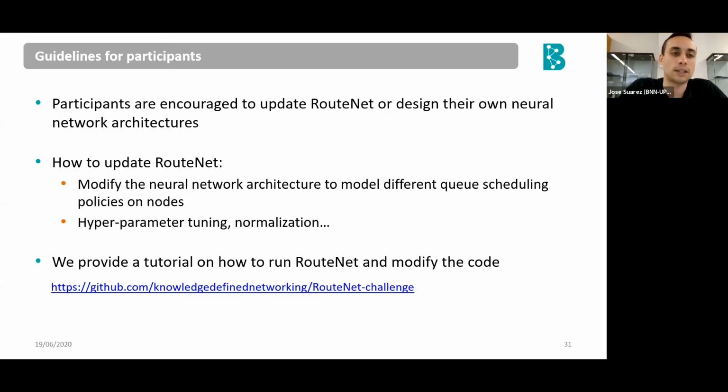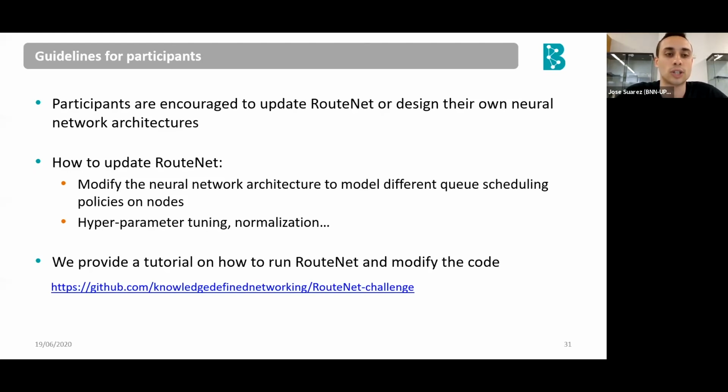Particularly if you want to update RoundNet, we recommend to try to modify the neural network architecture that we provide now to enable modeling different queue scheduling policies on nodes,